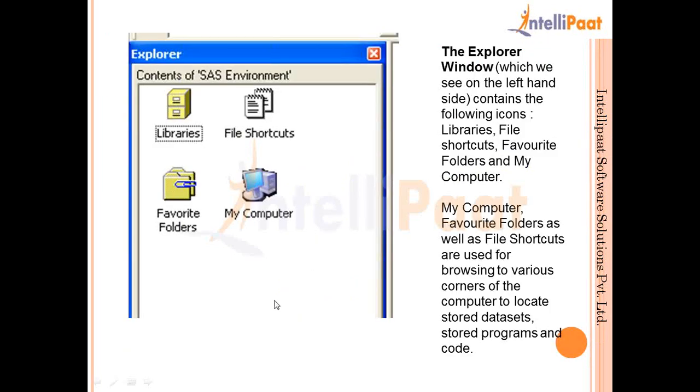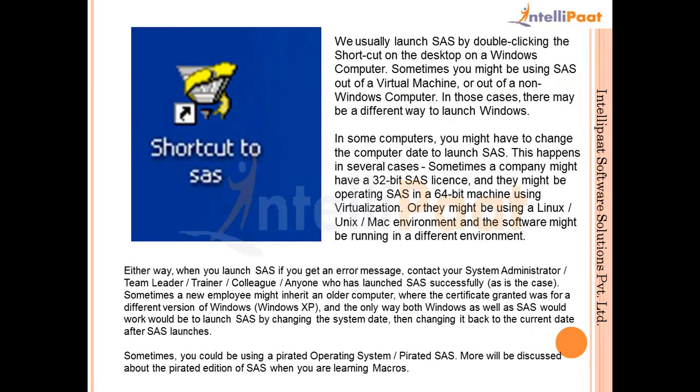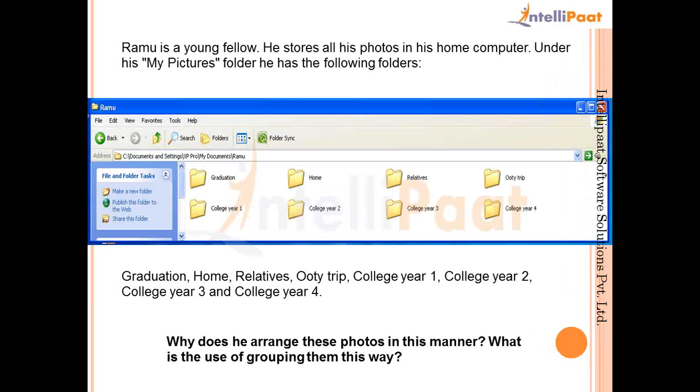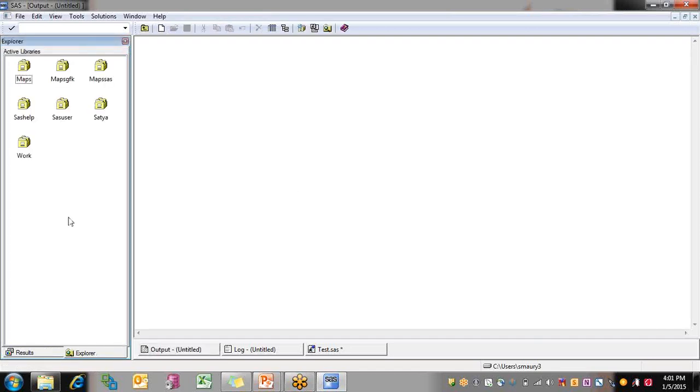Now the Explorer window and the result window, I have already told you. Shortcut to SAS. Alright, now the libraries. Basically, let me tell you what exactly libraries are. These are the libraries, and this is nothing but the reference where you store